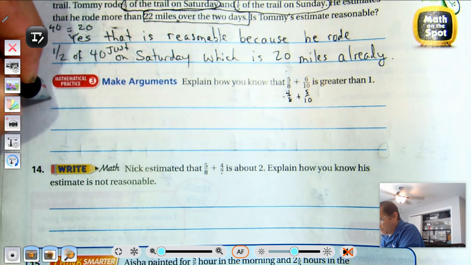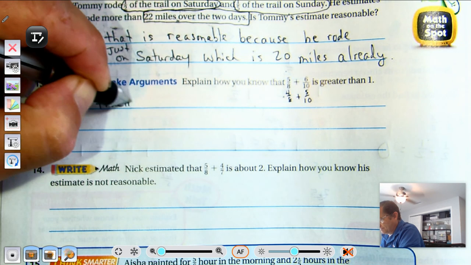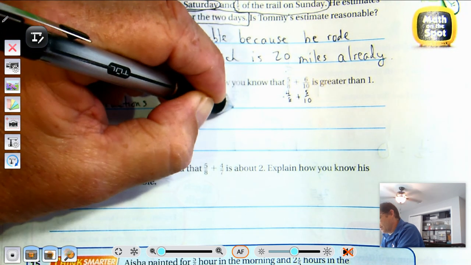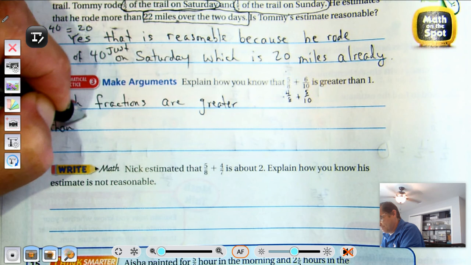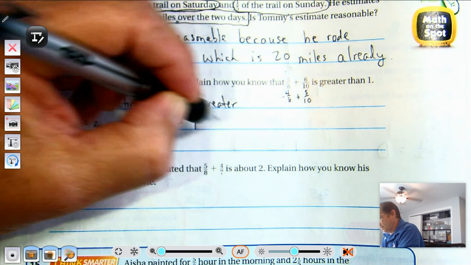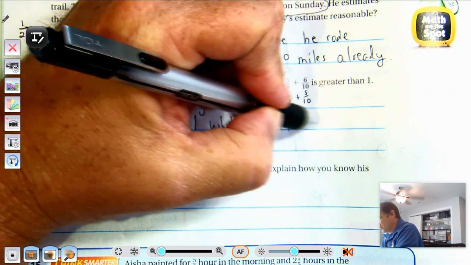So both fractions are greater than 1/2. 1/2 plus 1/2 equals 1 whole. So if both fractions are greater than 1/2,